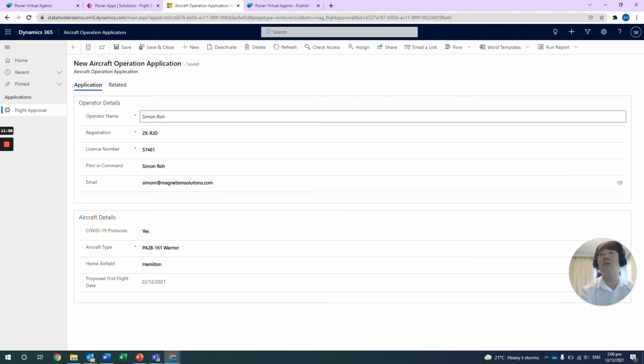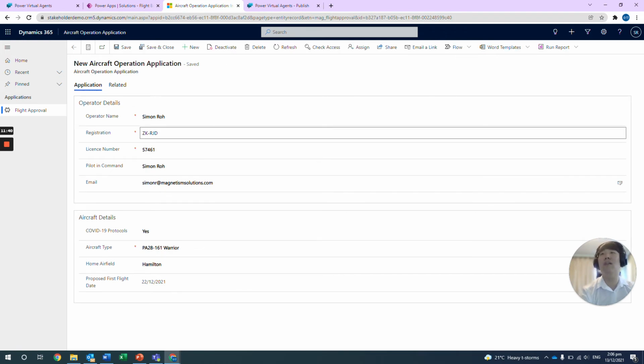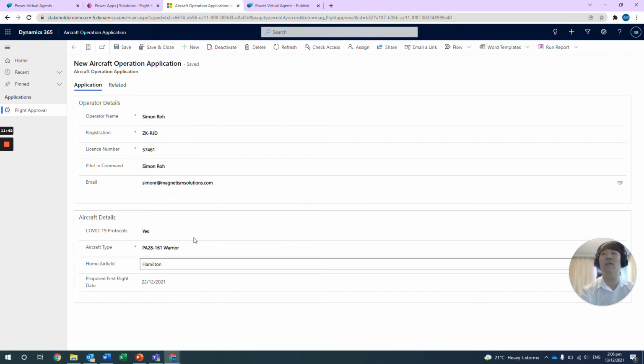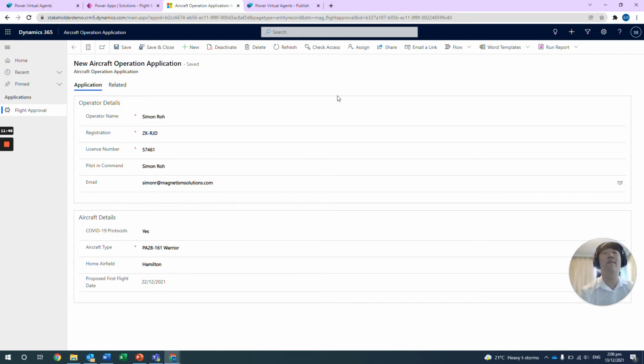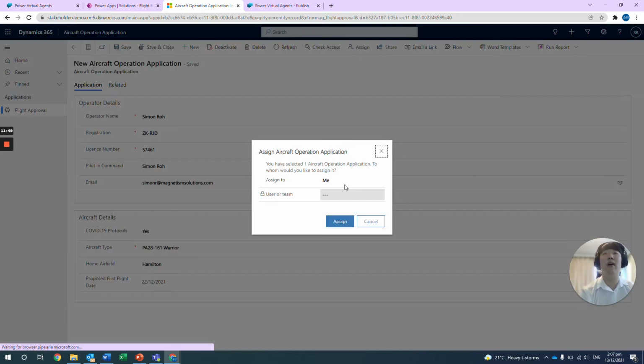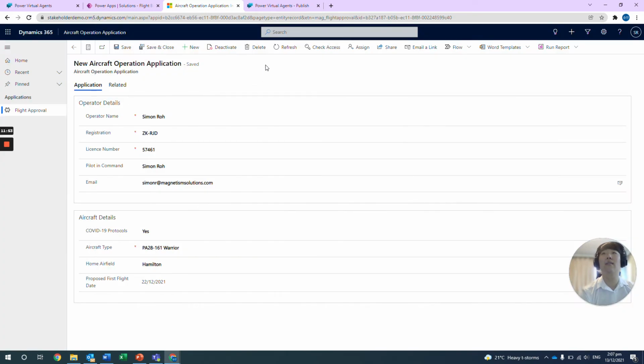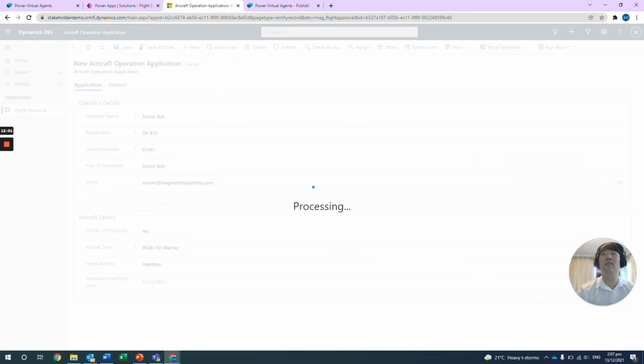So you can see here when you go into the application what their name is, their registration, and pretty much all the rest of the details that you've gathered through the conversation. And from here, you can press this to assign to a user or a team member. And you can also, when the application has been approved, what I've also done is